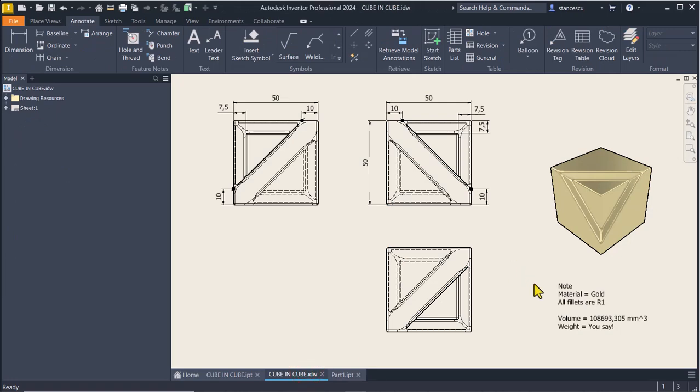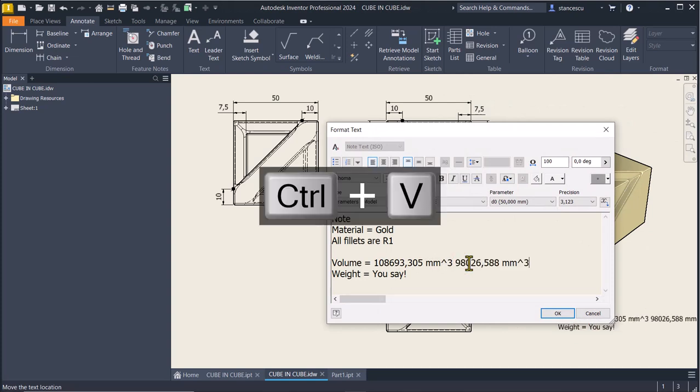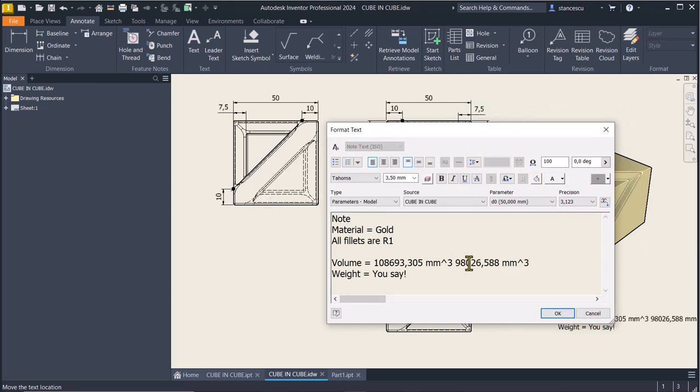drawing, double click, and the volume. Oh, it's different from the other one. I suppose I made a mistake with this, but you have seen what I did, and this is the result. Okay,